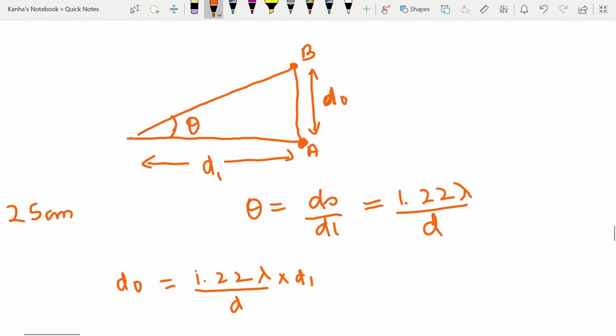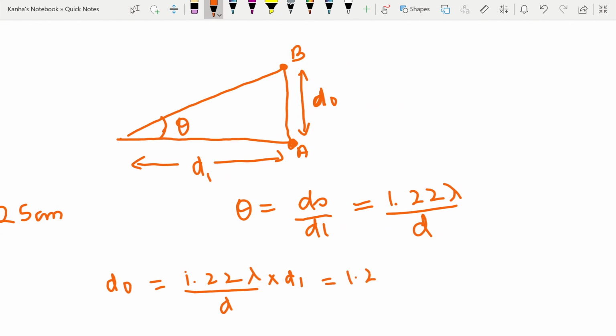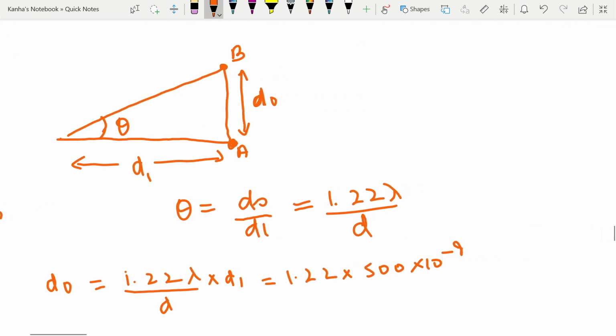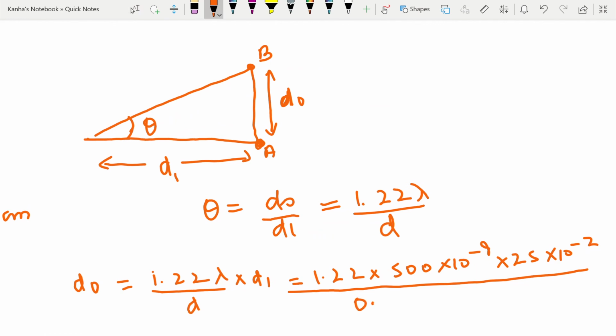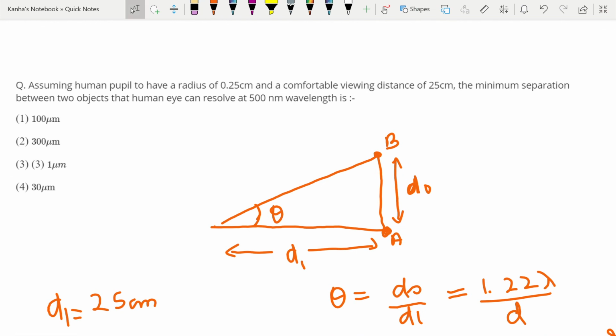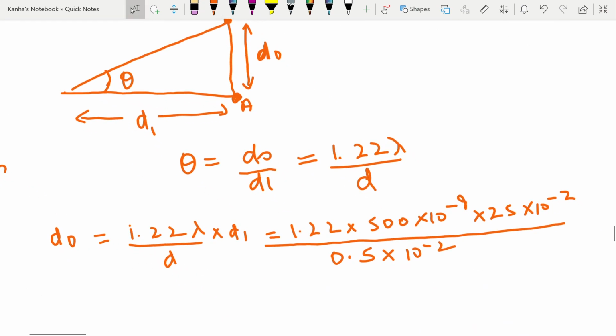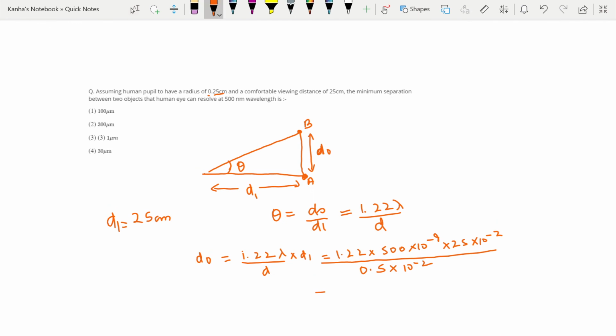If I just substitute the values, 1.22 into lambda, which is given to me as 500 nanometer, and then your d1 is 25 centimeter, so that is 25 into 10 to the power minus 2. Divide the entire thing by 0.5 into 10 to the power, because you have been given that the radius is this much. With this in mind, just by calculating this, I can easily find that this is equal to